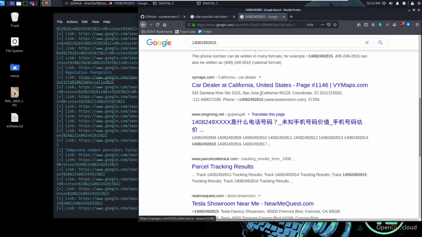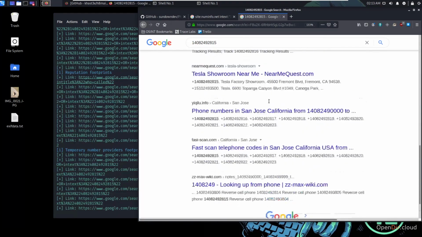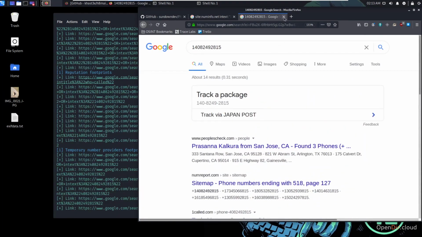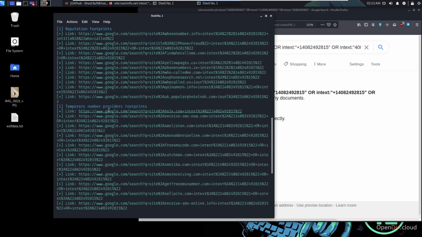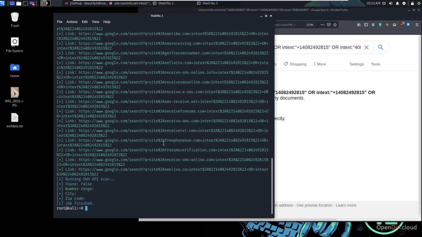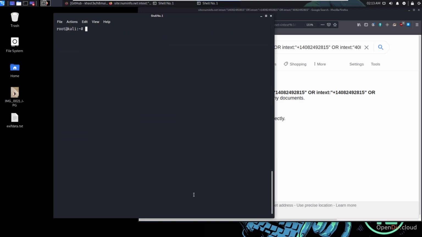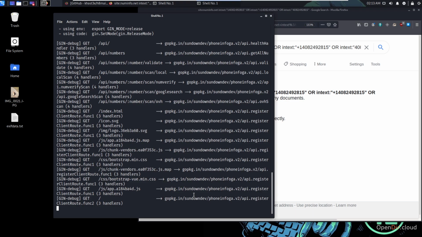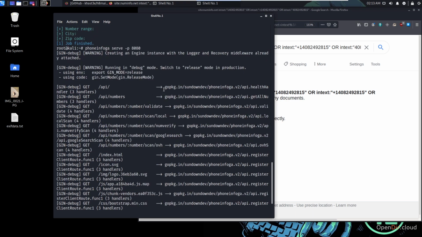It looks like it's trying to track a package. This is actually the number for a Tesla dealership in California. So it's doing okay. Obviously, you'd have to go through some of these searches, but it's doing it nice and easy, at least for getting the Google Dorks and stuff for you. So what we can do here, though, and what's cool about this app is, let me clear the screen. We could say phoneinfoga serve, and do a -p for a port number, and I'm going to say 8080 here,